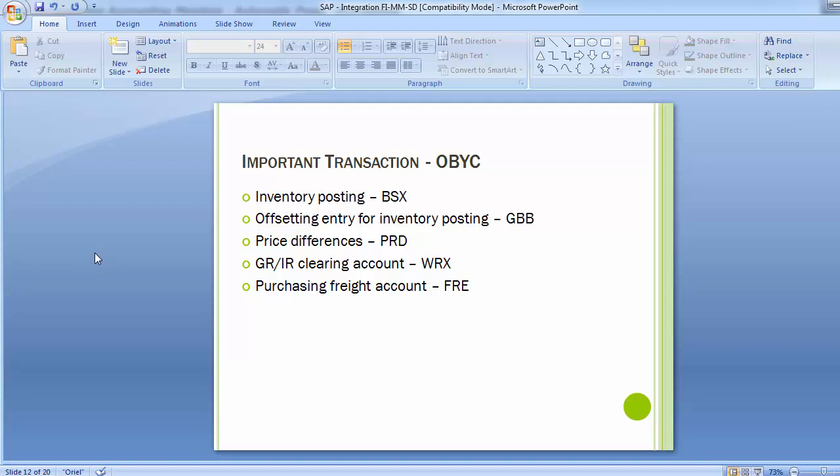But apart from that, in each and every entry, the inventory GL has been debited or credited depending upon the kind of transaction and how the inventory is impacted.